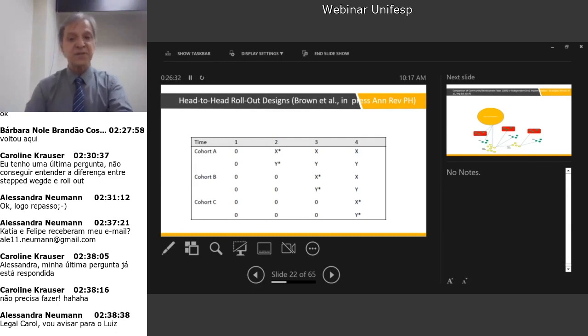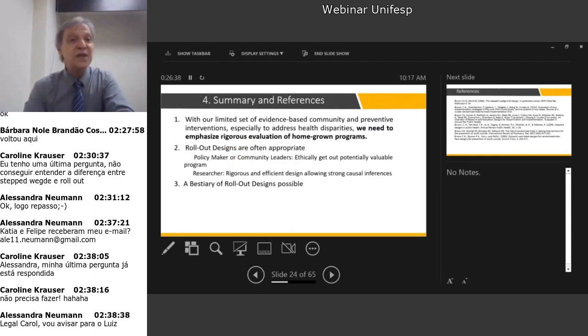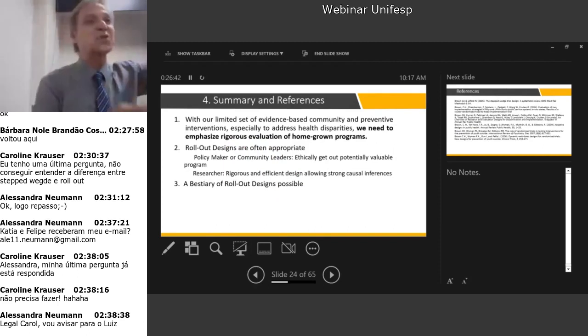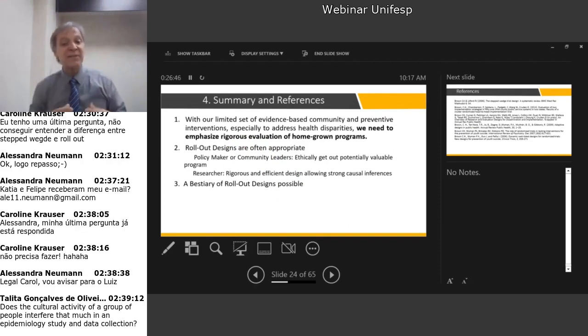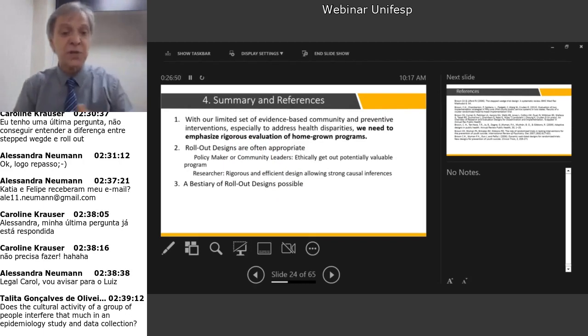X and Y means intervention, no intervention. There's the other one that's a variation. That's another paper by Brown. Read those modifications of what I just explained in that first diagram. So without limit, a set of evidence-based community and preventive interventions, this is how I wrote it, especially to address disparities across groups